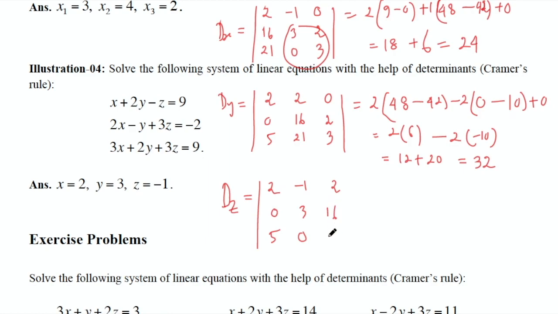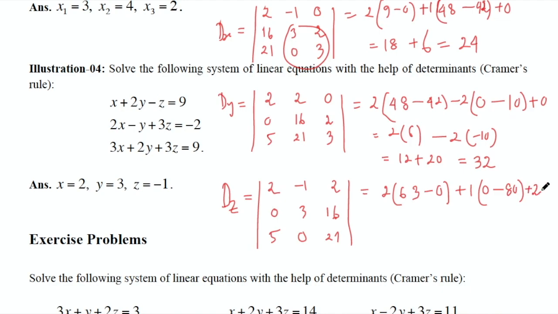Now the determinant will be 2 into 3 into 21, 63, minus 0 into 16, which is 0, plus 1. The sign of this minus 1 will be plus 1, and 0 into 21, which is 0, minus 5 into 16, which is 80,